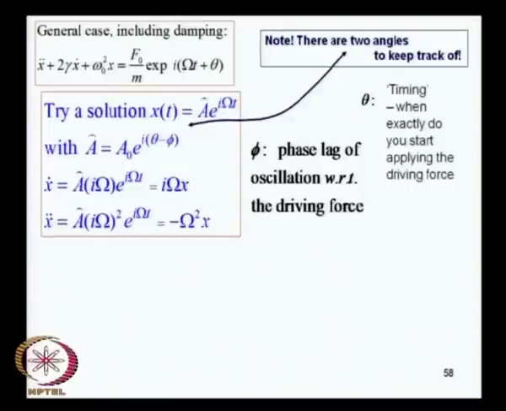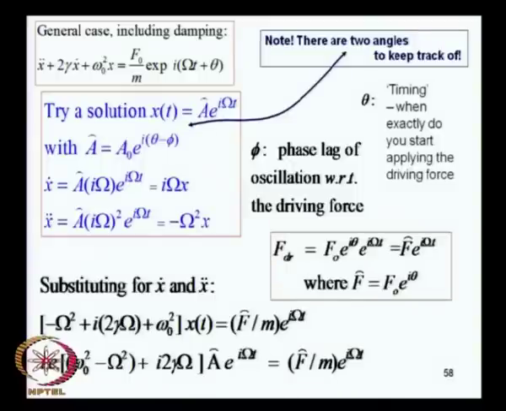So these phase lags have to be kept track of. There could be an additional phase factor, and there are these two angles, and we will follow them rather closely in our discussion. So here you go, you now have this form of the driving force,